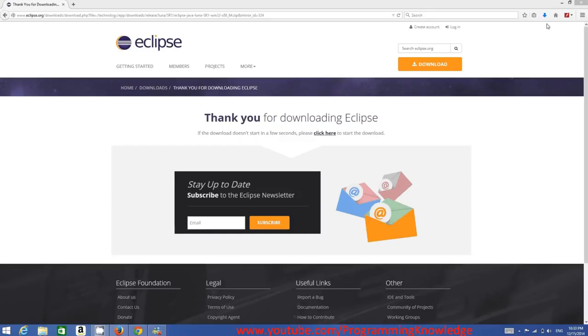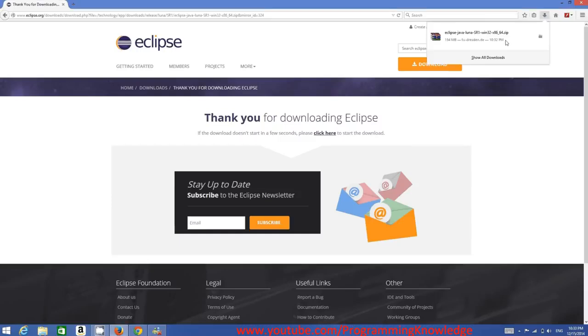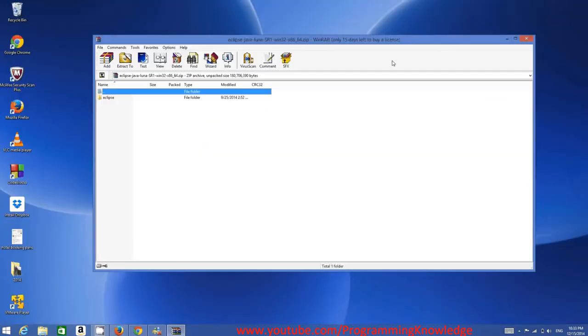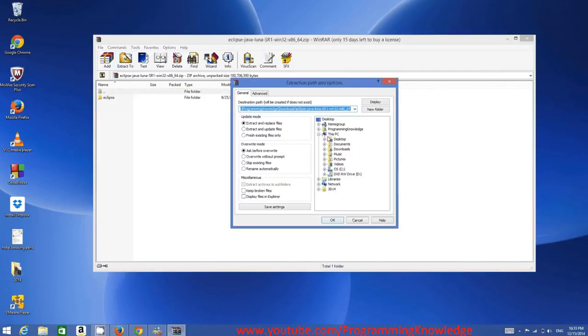So my download is complete now. Now I can just open this zip file. I will just open this zip file, and I will minimize everything. And this zip file contains a folder called Eclipse. So this zip file we are going to extract in our C folder. So I will just extract this to our C folder. Okay. So just extract to the C folder,